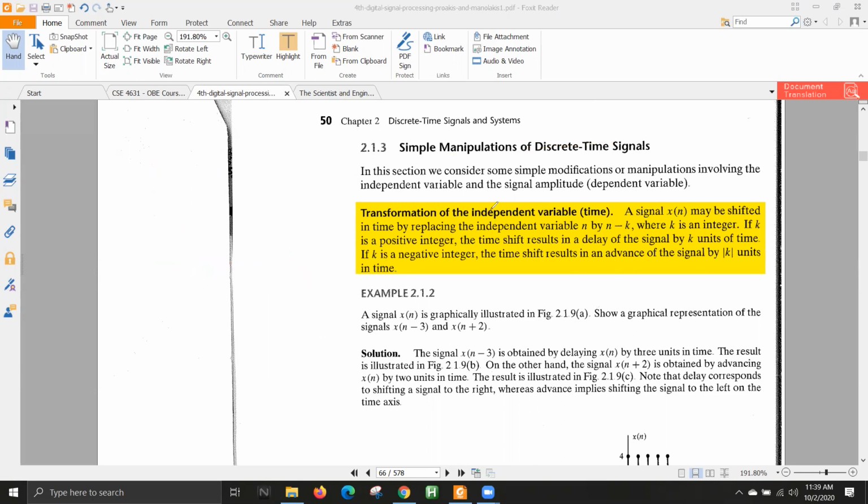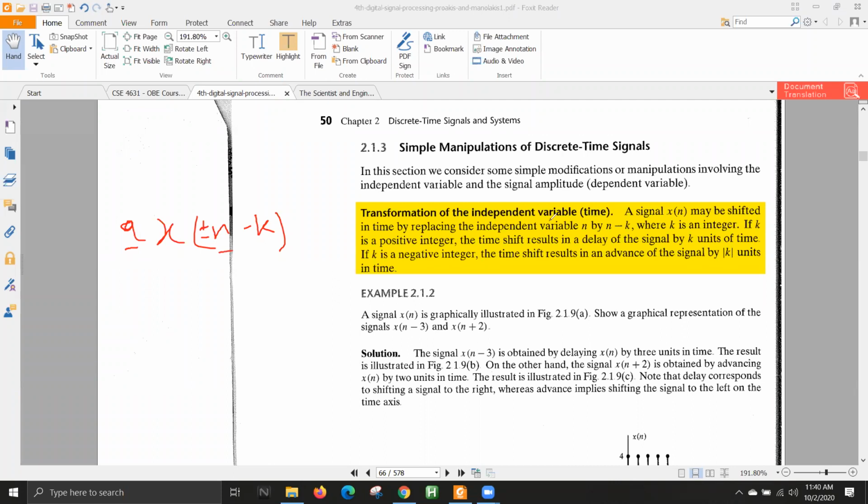So there is one kind of manipulation, that is transformation of the independent variable. That means n এর উপরে ট্রান্সফরমেশন করা. সো প্রথমটা আমি যেটা বলছিলাম যে এটাকে যদি চেঞ্জ করি, x[n] and x[n − k], এখানে যদি আমি এটাকে চেঞ্জ করি, তখন হচ্ছে সেটা নট ইন্ডিপেন্ডেন্ট ভ্যারিয়েবল, দ্যাট ইজ দ্য অ্যামপ্লিটিউড, ট্রান্সফরমেশন অফ দ্য অ্যামপ্লিটিউড. আর ইন্ডিপেন্ডেন্ট ভ্যারিয়েবল ইজ দিস,